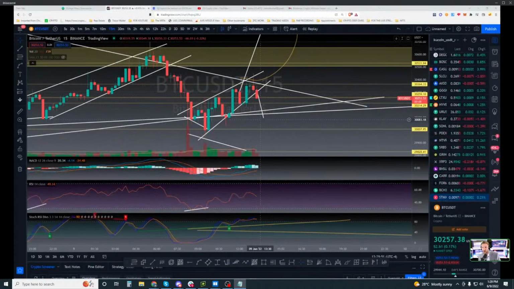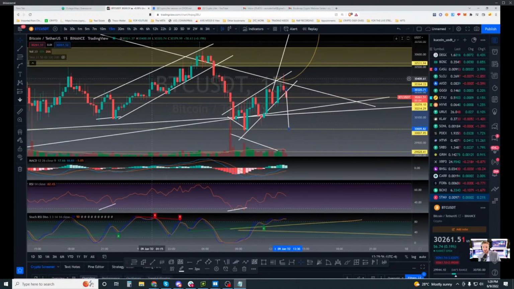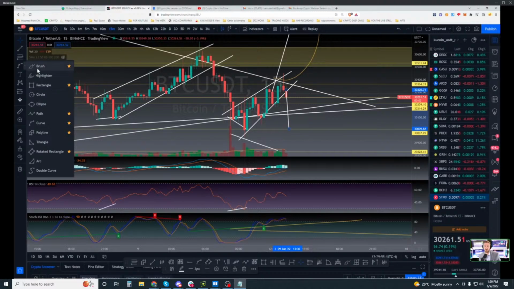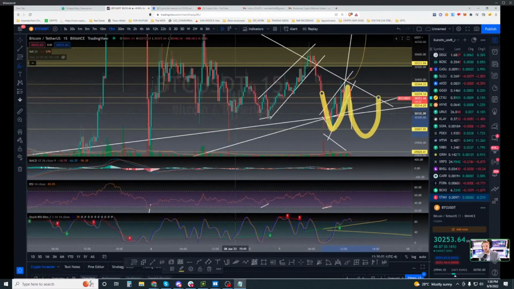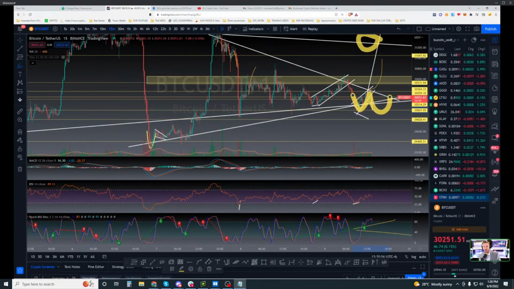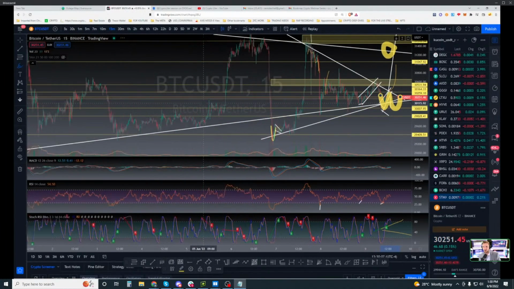The measured move now, most rising wedges will make it all the way back to their bottom. All right, now that won't be the worst thing in the world. It could present us with a double bottom. And honestly, this is like the third time I'm presenting this. If you watched me on Around the Blockchain on Thursday of last week, I remember,